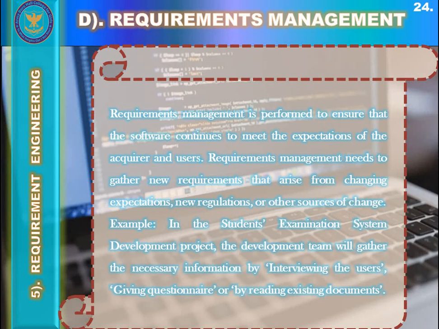Requirement management is performed to ensure that the software continues to meet the expectations of the acquirer, who is purchasing those requirements. So requirement management is performed to ensure that the software continues to meet the expectations of the acquirer and the user. Requirements management needs to gather new requirements that arise from changing expectations, new regulations, or other